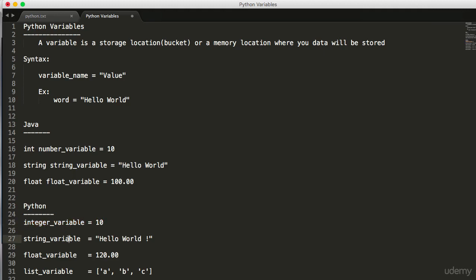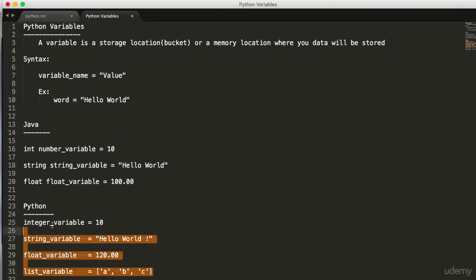Similarly, in case of this string variable, Python identifies the data type as string based on the value you have assigned. Since it was a string, Python identifies the data type as string. Similarly with other variables, the float variable and the list variable.